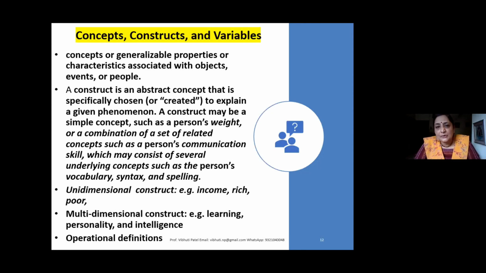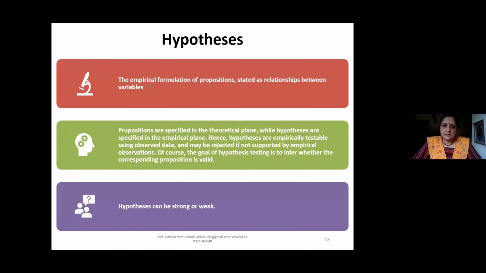It can come from the books, journals, magazines and children's books, these things that you are reading. It can also come with a discussion with your friend, in a classroom situation, and from online social media information. So there are multi-dimensional constructs and unidimensional constructs, and you need to create an operational definition for my particular study: which are the unidimensional constructs I'm using and which are the multi-dimensional constructs I'm using.